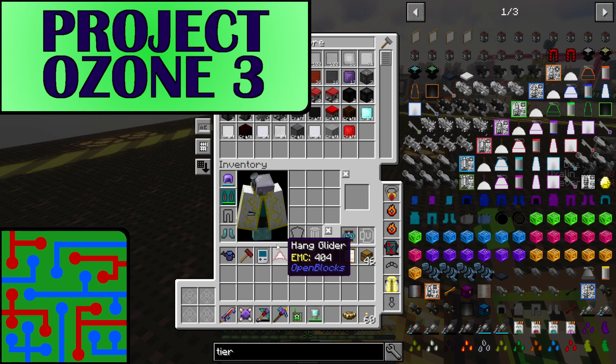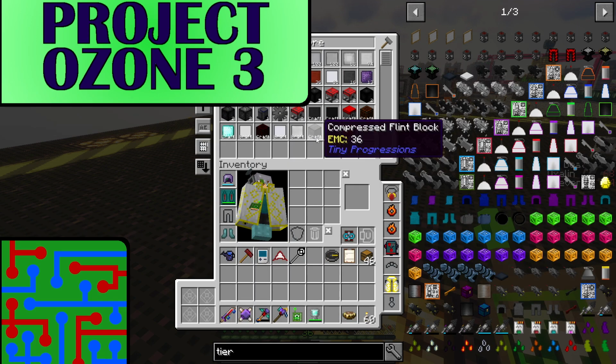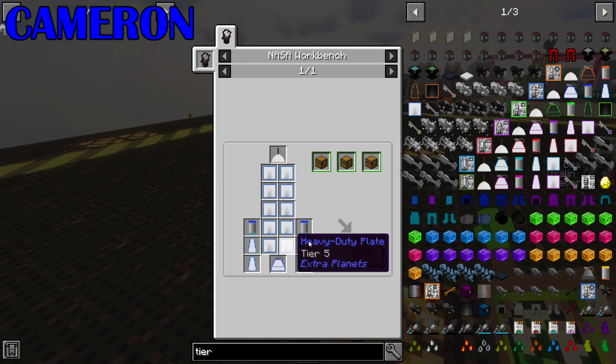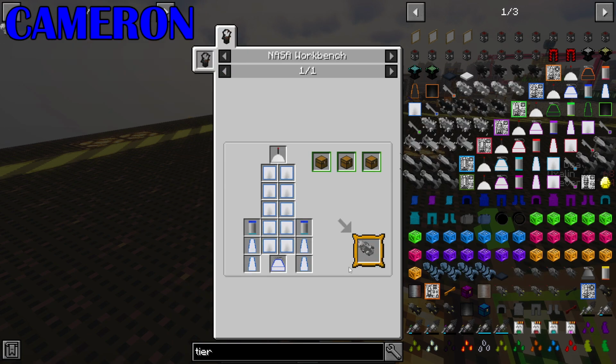I don't know if I've played the Go recipe already. You have. Compress. I'm auto crafting it. Yeah, that's good of me. I'm also going to need